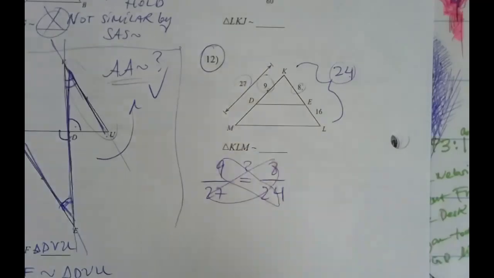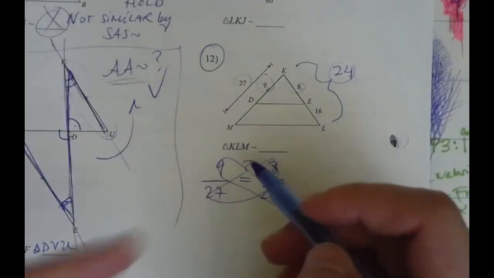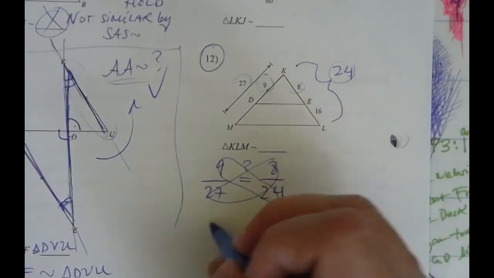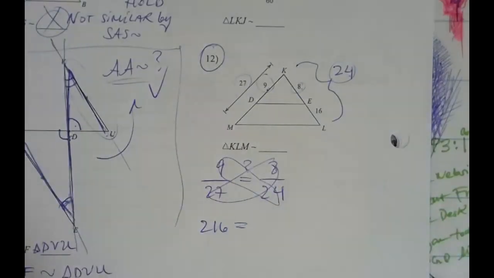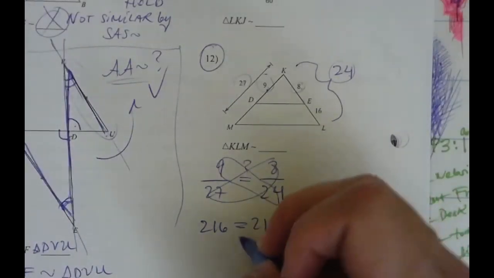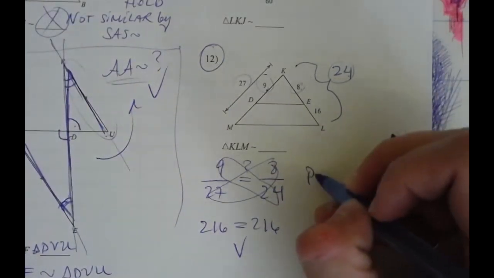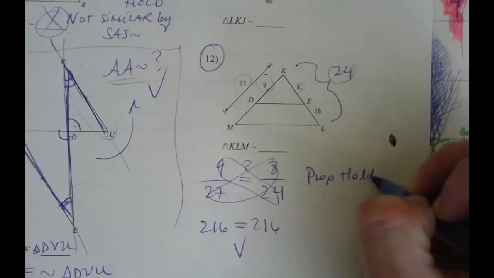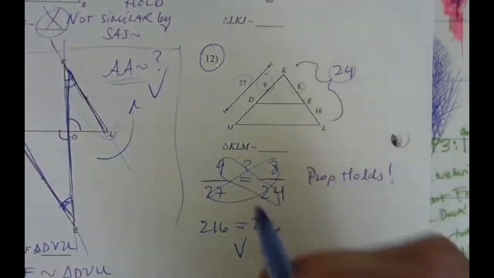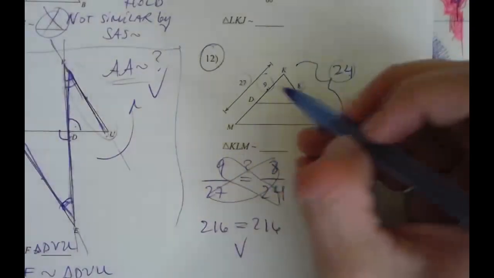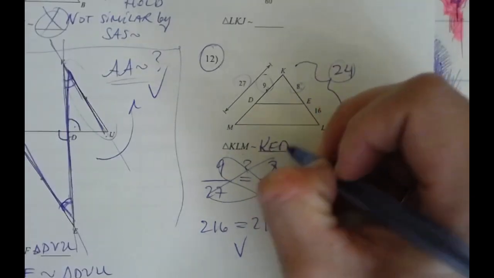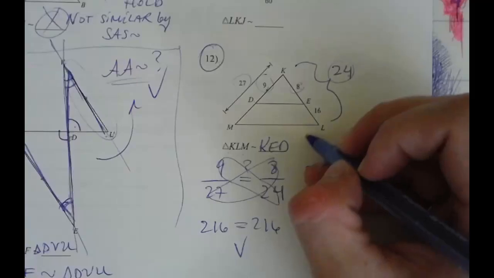Since cross multiply comes in handy so much, I'm going to cross multiply these because there's a fraction with an equal sign in between. 8 times 27 is 216. And then 9 times 24 is 216. So the proportion holds. Awesome. This means that triangle KLM is similar to triangle KDE, or KED, sorry. KED. And I'm going to say by